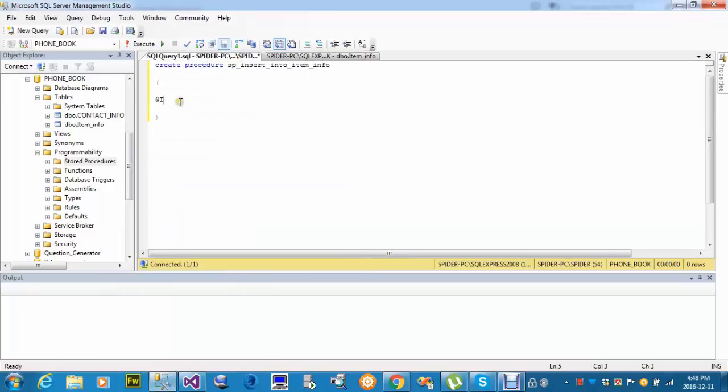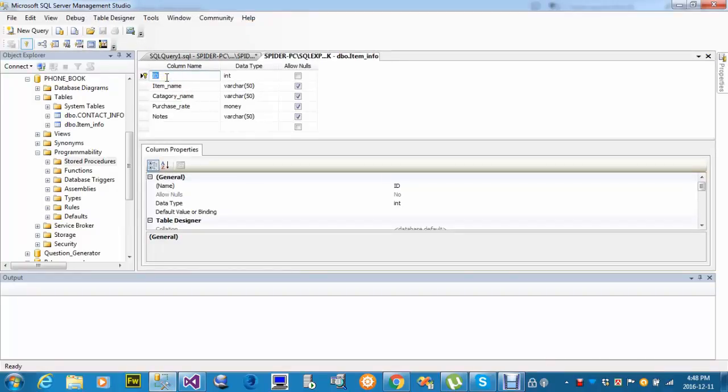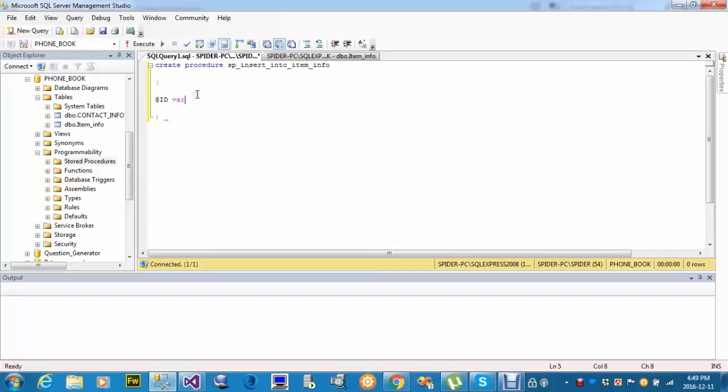And I just paste here, and I need to declare what data type my parameters are able to take for transportation. So if I see, my ID column always allows integer type data, so I need to declare integer, not varchar. So it's very important,